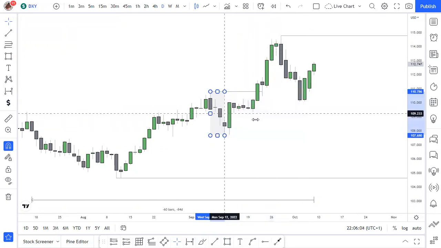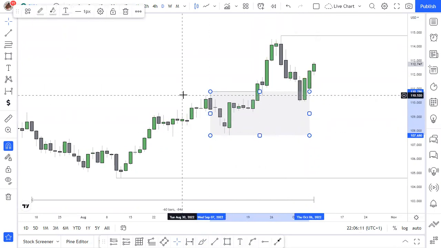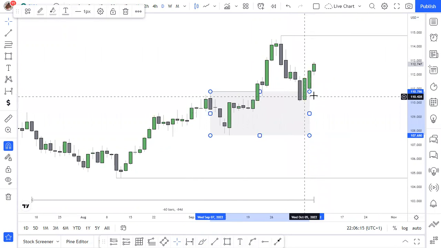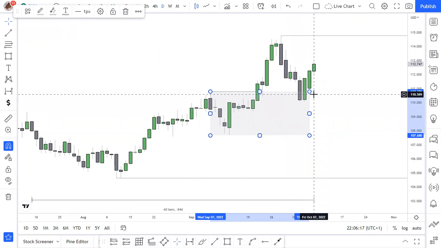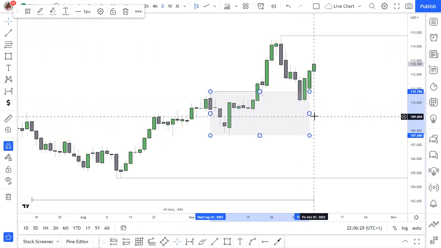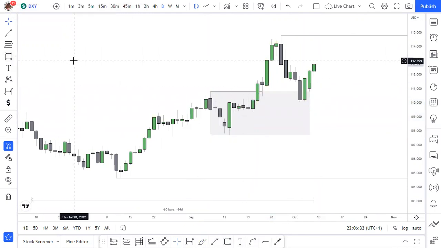We've had this demand range here for like, I think, 2 weeks now, and we've been expecting price to pull back into the range, and then we can look for longs within here. That's based on what we get on the lower time frames, and then we just try to align the higher time frame with the lower time frames, and then trade with it. So we have this demand zone here after we got this breakout structure,